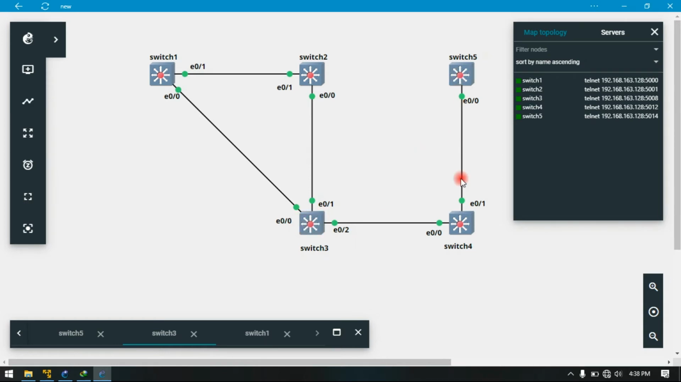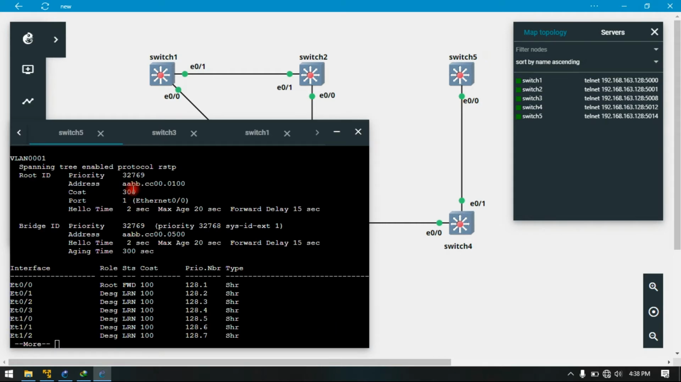So we have 100 cost over here, we also have 100 cost over here, and therefore from switch 3 to switch 1 also comes at a cost of 100, and therefore if we check on switch 5, we are going to see 300 cost for data to travel from switch 5 to switch 1. Now on switch 3,